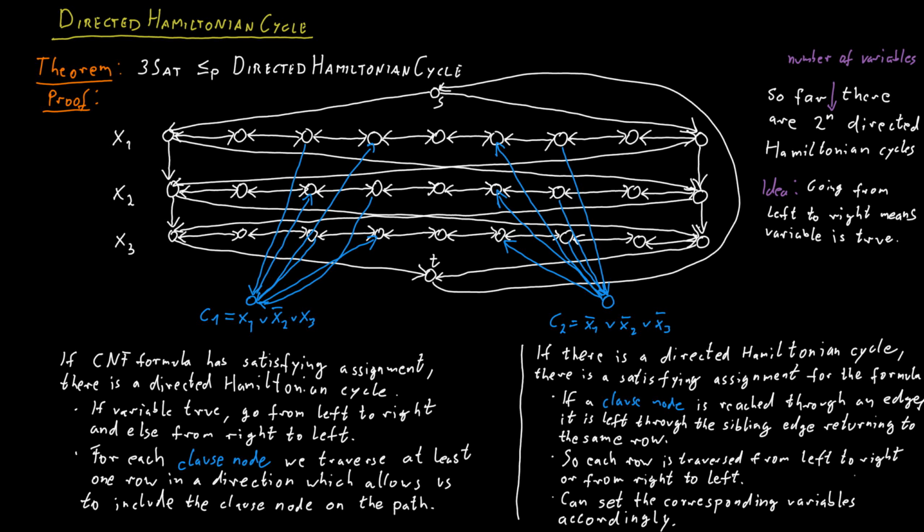The construction is also simple and can be done in polynomial time. The total size of the graph is, well, we have one line for each variable. So if we have n variables, we have n lines. I said each line contains 3 times k plus 3 vertices, if the formula has k clauses. So we have a total number of vertices of n times (3k plus 3) plus 2 for the starting vertex and the terminal vertex. And so this graph clearly also has polynomial size.